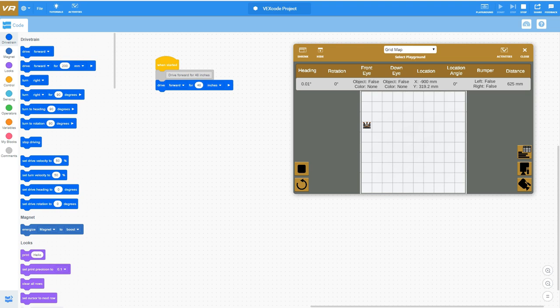If I want to stop the program, I have to actually push the stop button. That stops it from running. And now if I want my robot to come back to the starting position, I have to push this little circular arrow button. Pushing that circular arrow button will reset my entire field. Okay? Now my robot is back down here at this bottom right hand corner,